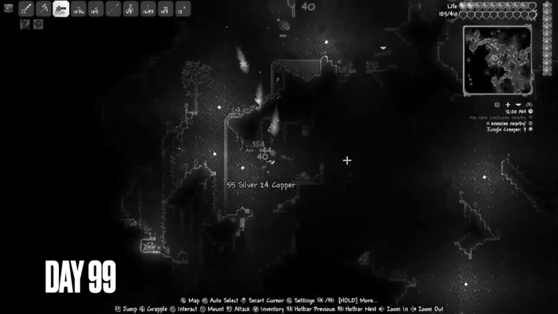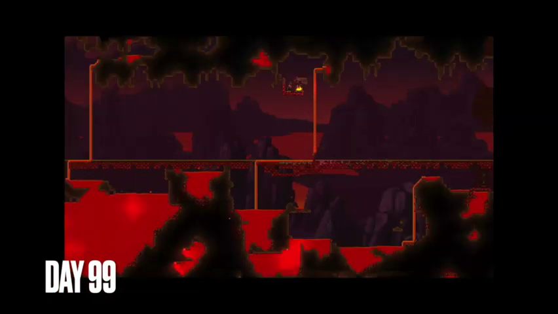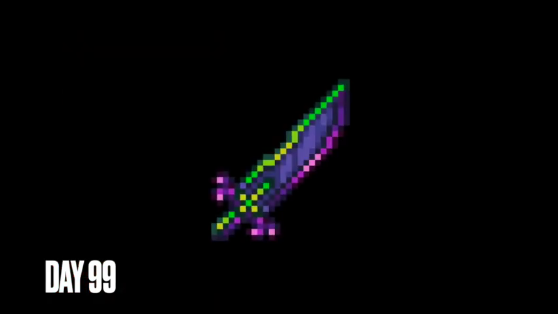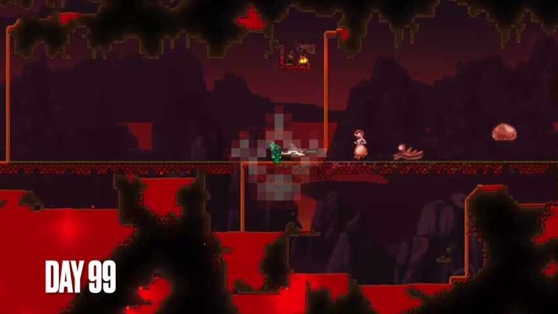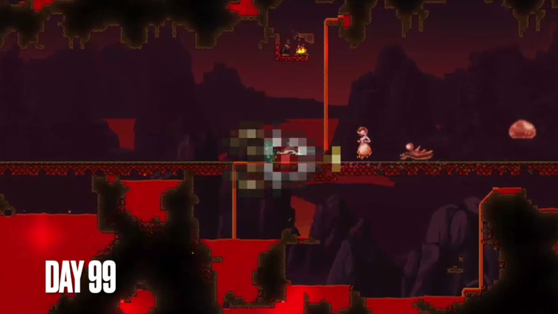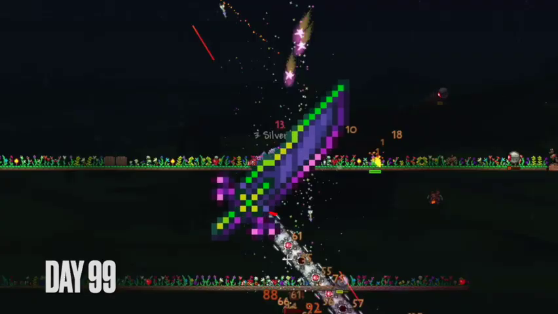Anyway, basically, first I went to the Crimson because, okay, I gotta back up for a second. I realized for the Night's Edge, I needed to kill the Destroyer because I still needed, I think, Souls of Might. And so I went to the Crimson to farm vertebrae for the summon of the Destroyer. I got enough vertebrae just in time for night, fought the Destroyer, killed the Destroyer, made the Night's Edge, and